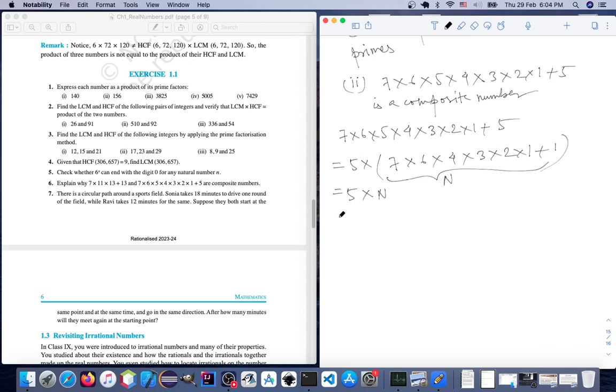So this implies 5 is a factor of the given number. This implies the given number is a composite number